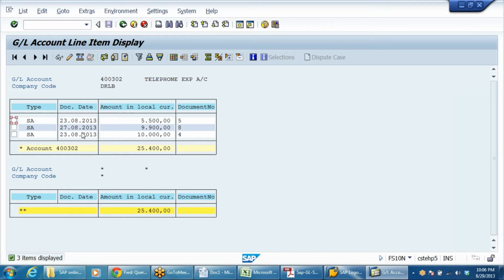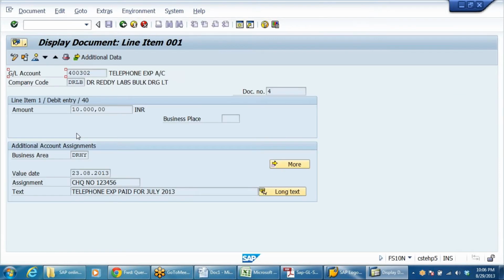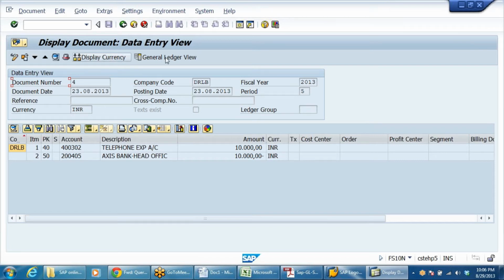Only the fourth document, everywhere the fourth document is shown subsequently. This is the document where we made the changes. Okay. So why can't we try document number 5 and change it once again? See, let us take telephone expenses. In this document, the new changes whatever we made are being appeared here. And the value date is the same, of course, but it is showing only the change date. If we select the sort key according to document date, I think we can. Yeah, since we selected document date only.